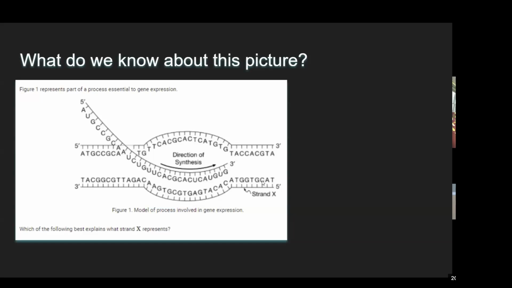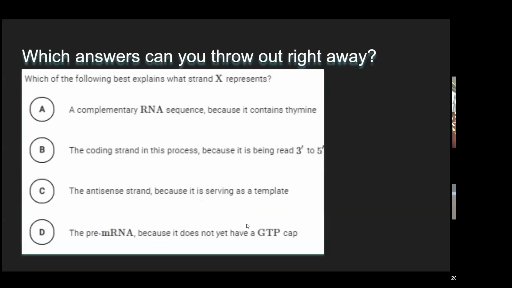That means this side is the template strand. This side is the coding strand, and this is the same. So with the replacement of U, that's the same as the code, right? So then we look at our answers, and which one do we choose? Which ones can we throw out? Which ones are simply not